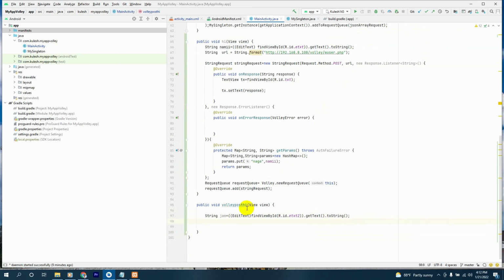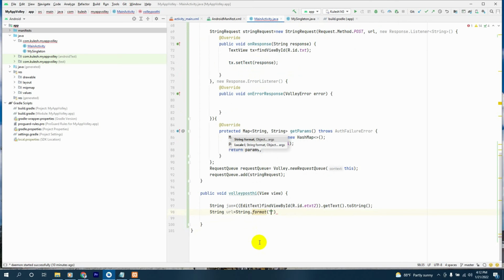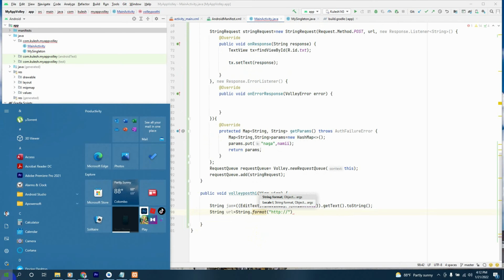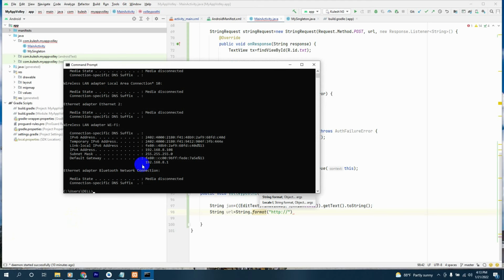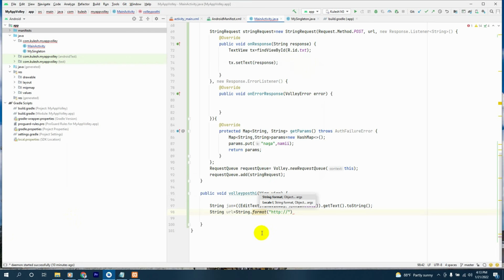And the next thing, we'll have our String URL equal to String.format http:// we'll have to find our IP address now. Let's go to cmd command prompt and type ipconfig, and let's copy the IP address from the ipconfig and close this and paste it here like this. Then we say the folder as Volley, and